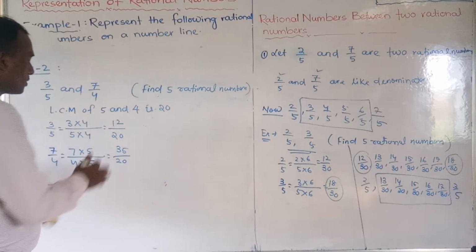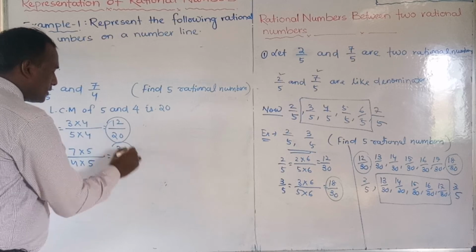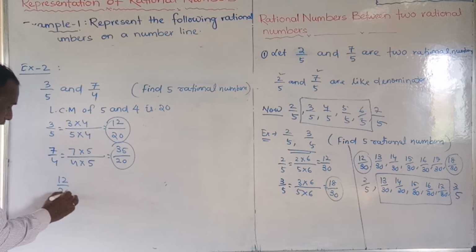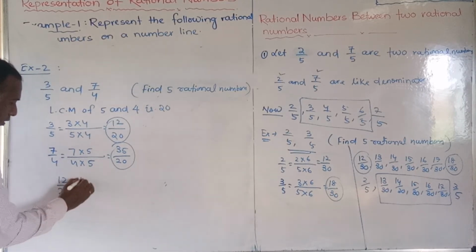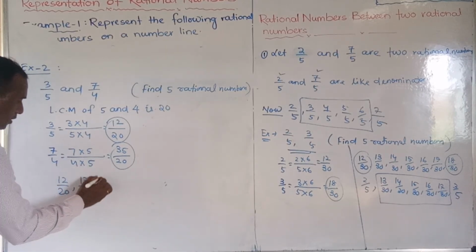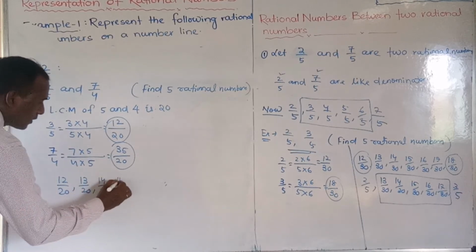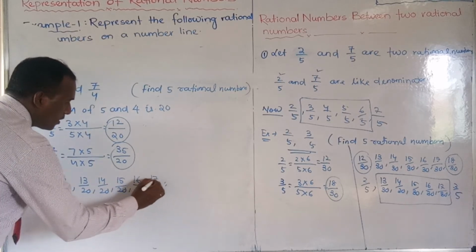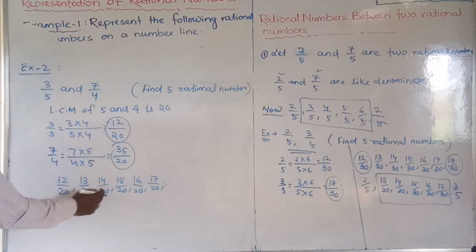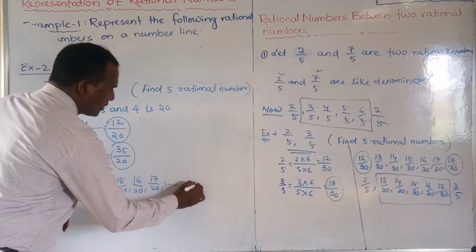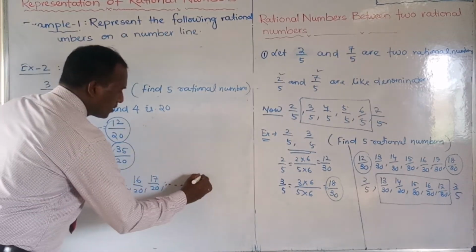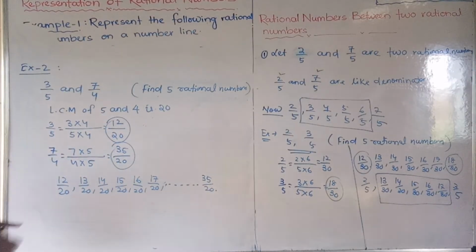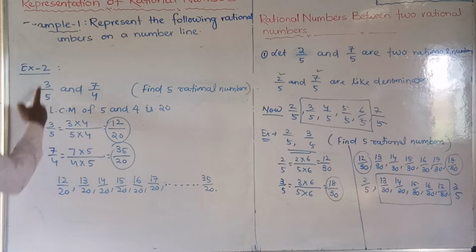we got this denominator 20, this denominator now 20. Now what will you do? 12/20. Next number, what is that? After 12, 13/20, 14/20, 15/20, 16/20, 17/20, 1 2 3 4 5, over. Now the next last number we can write 35/20. Okay. If you want to change it, if you cut 12/20, the same number we can write in place of 3/5,